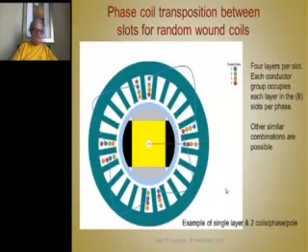There's a way to do that if you have random wound coils. Here's an example of that. If you can follow this, this is a 4-pole motor with 24 slots, so let's say however many turns we need per coil, we use groups of wires in hand to achieve the cross section that we need. And we break that up, say since there are 4 slots per pole per phase in this situation, you break this up into